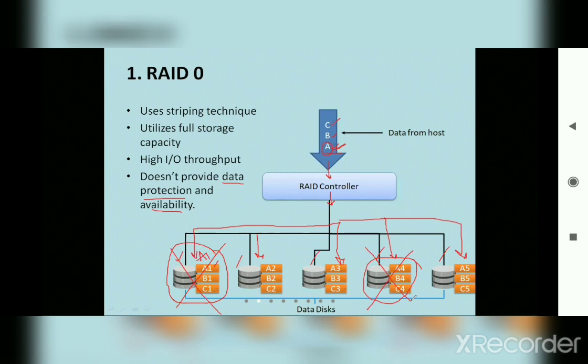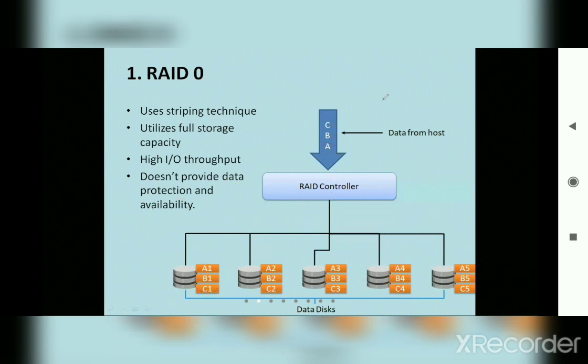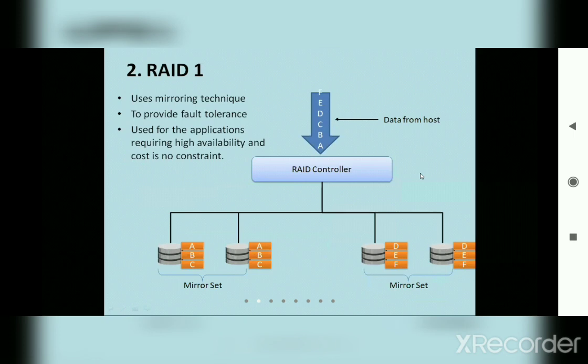So this is the functionality of RAID 0, and obviously it is not of much benefit to people. So this was out of the box. Then, moving on to the next one, RAID 1. In RAID 1, they apply the mirror technique. As I already stated, mirroring is having an exact copy. What is the benefit of this? It provides you fault tolerance. Fault tolerance means that any time you lose the data, you get back that same data. It is applied wherever you need high availability of the data.